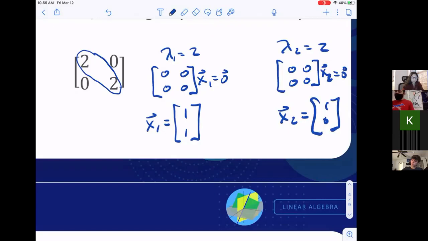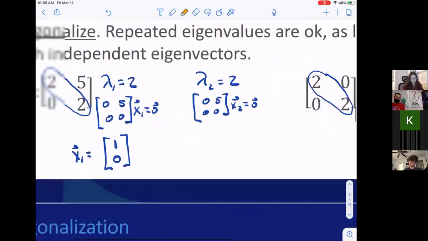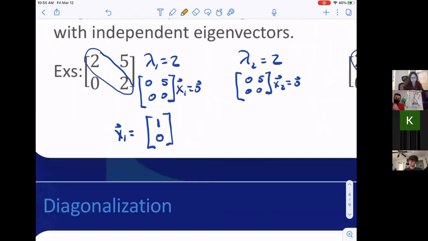The key here is look at what we've done. We're finding a null space of this thing here. So as long as I've got 2 free variables, which I do here, I have no pivots, which means I have 2 free variables, I can come up with 2 independent null space solutions. Here, I have 1 pivot and 1 free variable, which means I can only have 1 independent solution.